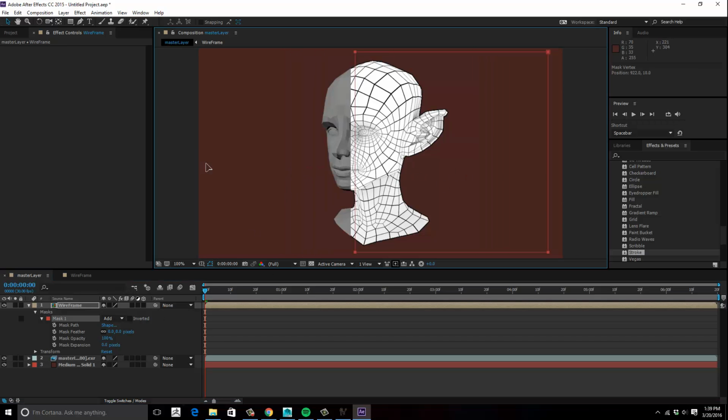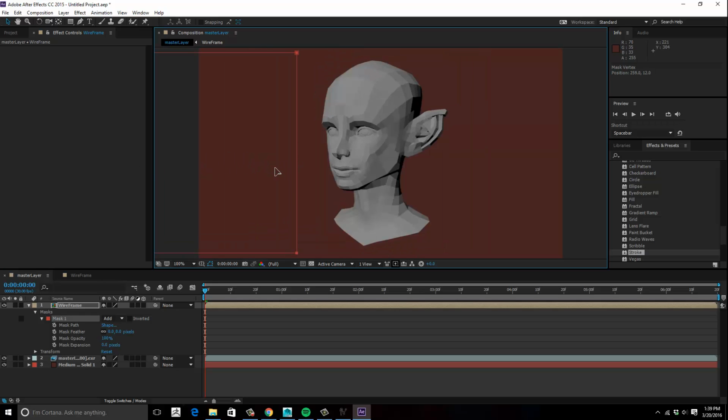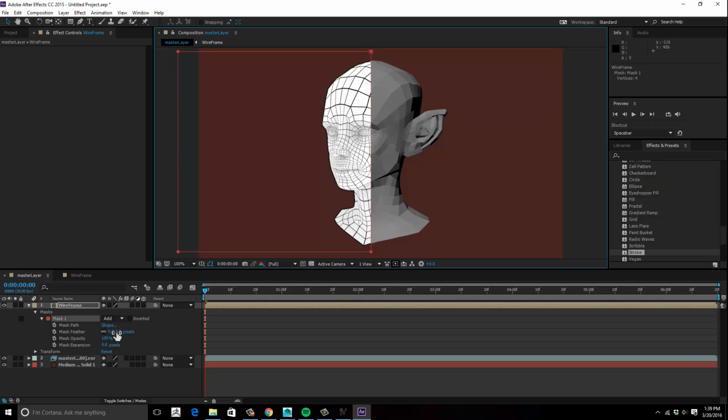So as it comes in, it'll animate in like that. But I want it to have a little bit of a feather to it, so it's kind of blurry. So I can do something like that. Then as my mask comes in, if I can select it,